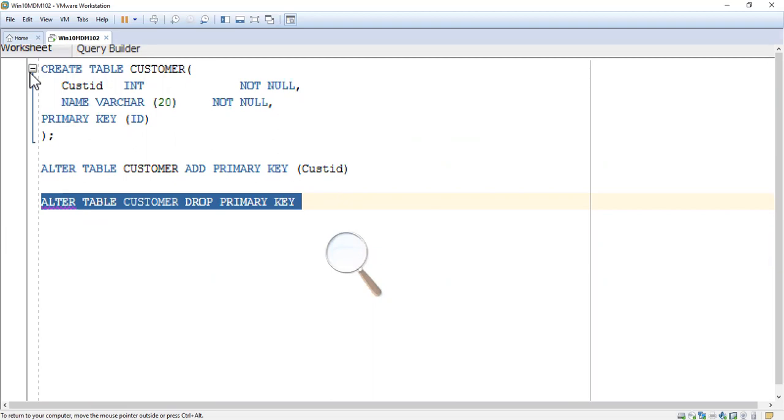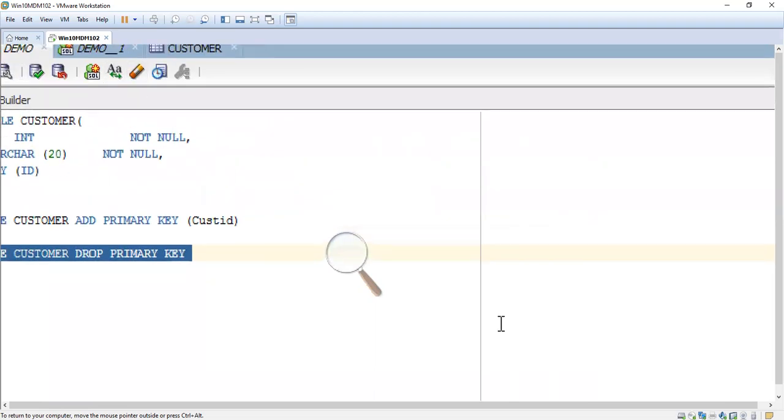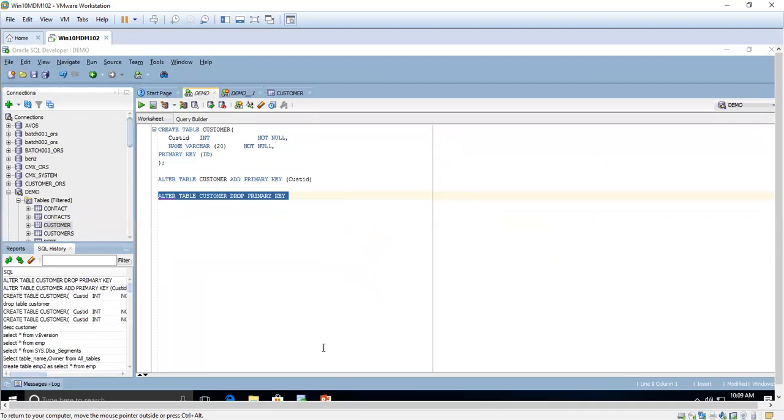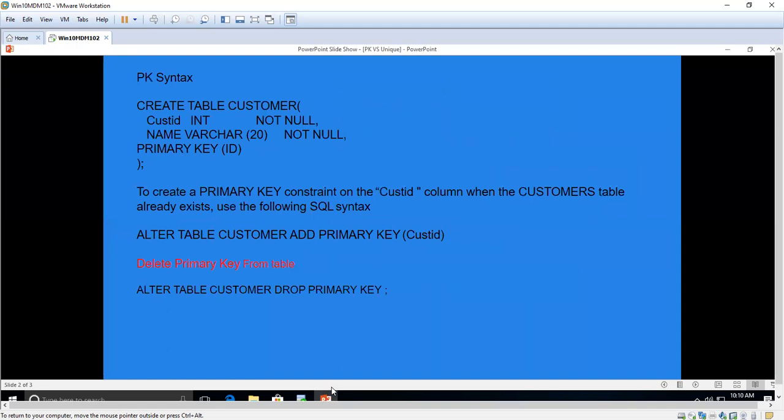You can have one view of the create table. This is the syntax we have used so far. How to create a table with primary key, how to create the table without primary key, how we altered the table by adding the primary key using alter table, and how to delete the primary key from the table by using drop.